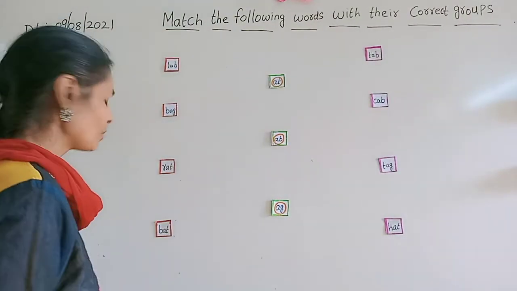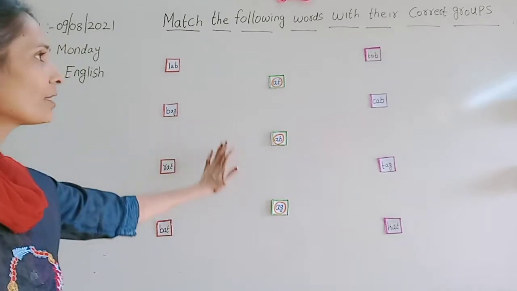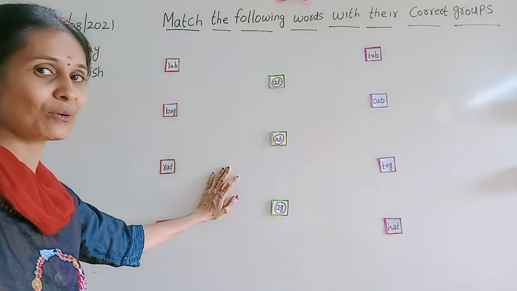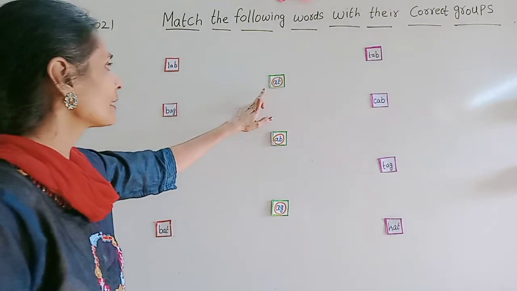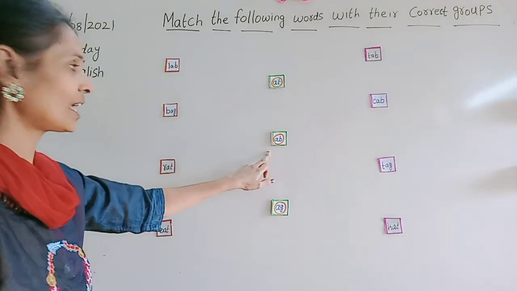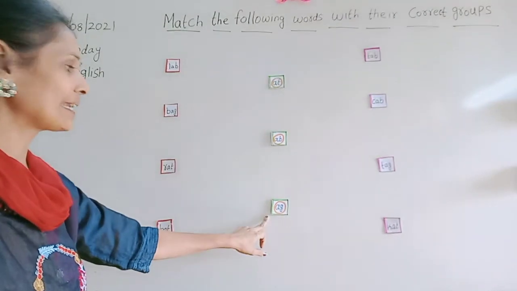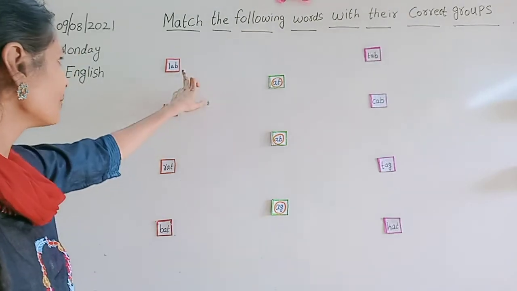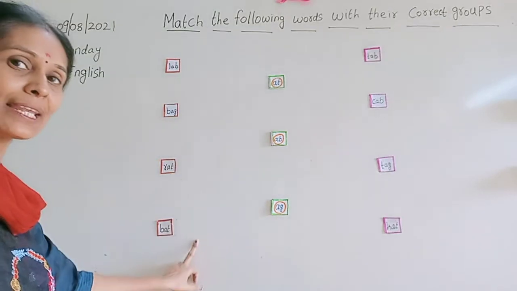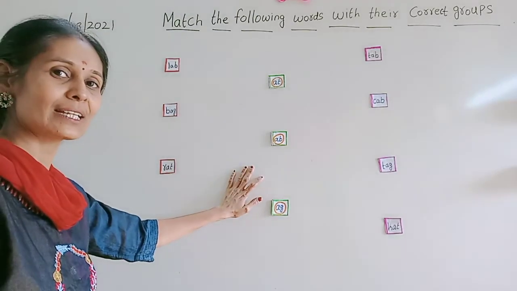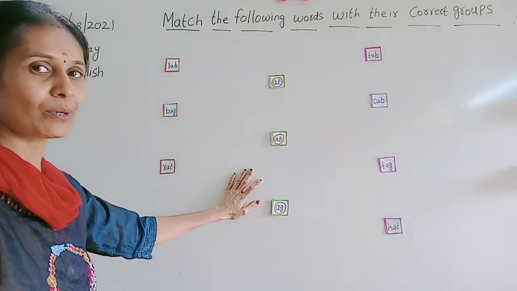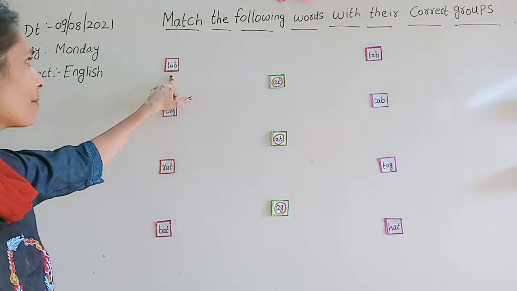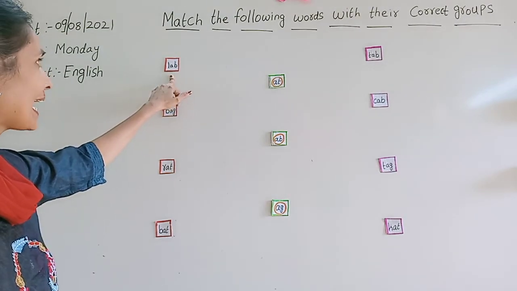Yes. Look at here very carefully. All these words are related to A sound. A says A. Okay? A-T at, A-B ab and A-G ag. What you have to do is you have to read the spellings and you have to match it with the same sound. Okay? At the very first we will match the lab.